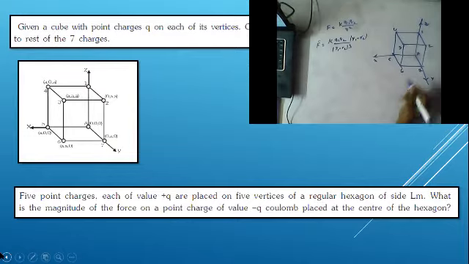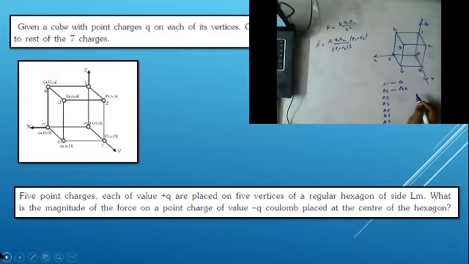First of all, this is point A, and we can write the other points as A1, A2, A3, A4, A5, A6 and A7. What is A1? A1 is the distance from here to here, a straight line, so we can write it as a. And A2, if you observe clearly, is a diagonal in the YZ plane, so its value is root 2 a.